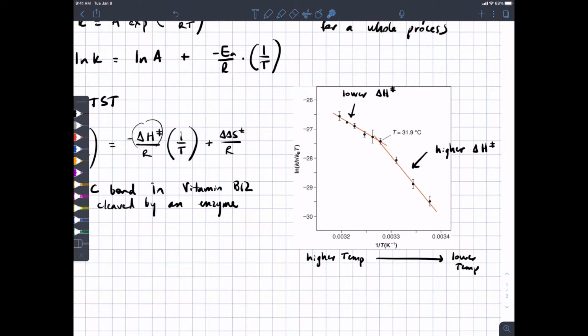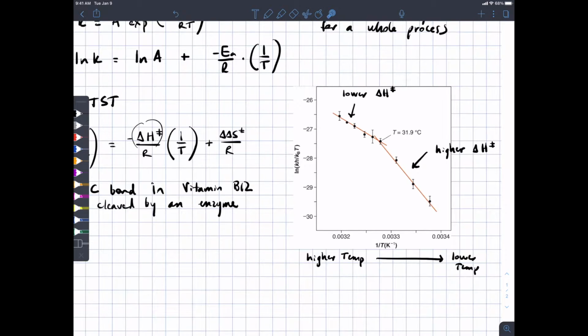So that extra conformational change is built in. I'm getting confused again. You see how I did that? I was thinking lower temperature to the left. That's a really hard habit to break. At lower temperature, activation enthalpy is higher because you have to change the folding of the protein first and then do the reaction. So you can learn some interesting things from these kinds of analyses,